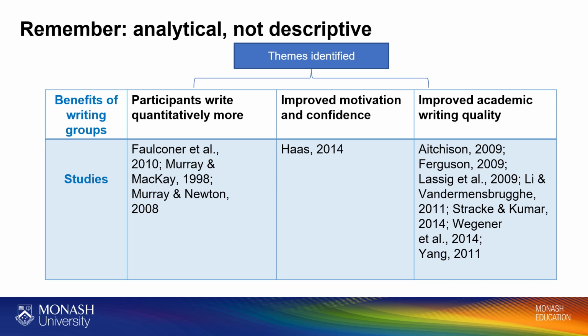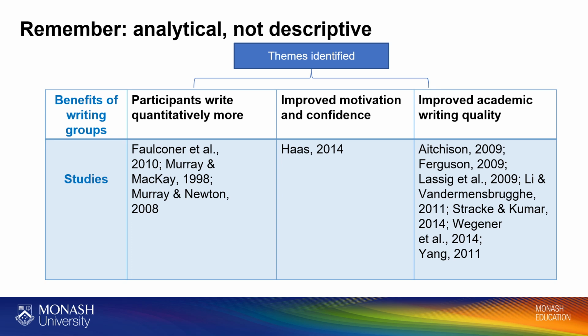The first column talks about articles that all say being part of a writing group makes people physically write more words, right? Quantitatively more words by being part of it. The second one talks about how it increases people's motivation and confidence. And the third group talks about how the actual words that they write are better quality. So now I can make a better argument because I am looking at the themes rather than explaining what each